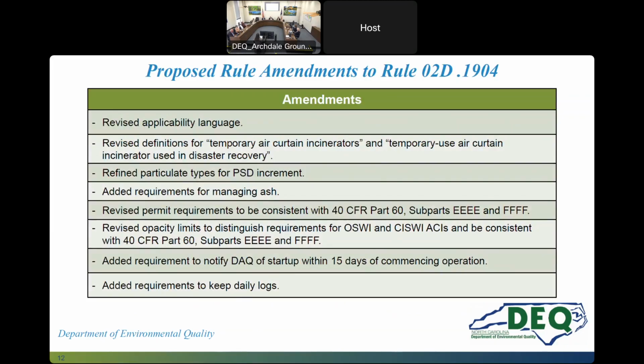So here's a summary of the rule amendments that we are making to Rule 02D .1904. We're revising applicability language, revising definitions for temporary air curtain incinerators and temporary use air curtain incinerator use in disaster recovery. We're refining the particulate types for a PSD increment. We're adding requirements for managing ash, revised permit requirements to be consistent with 40 CFR Part 60